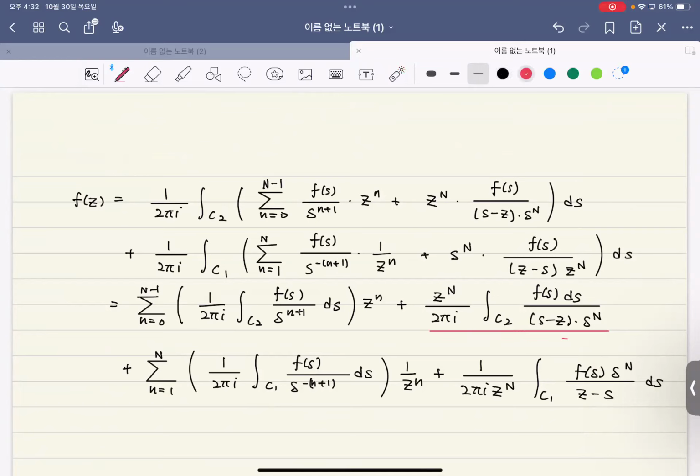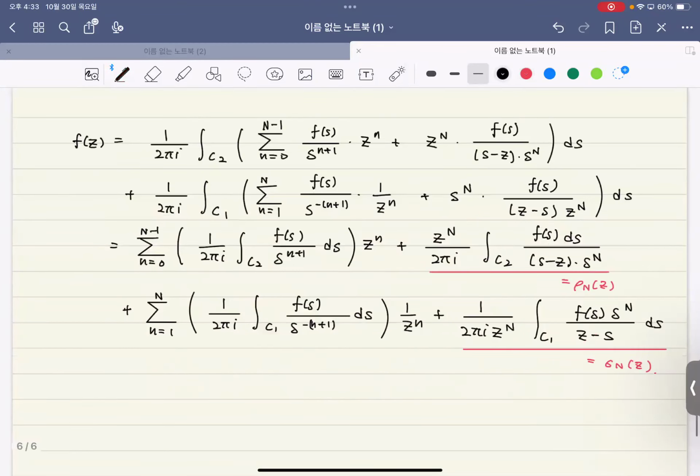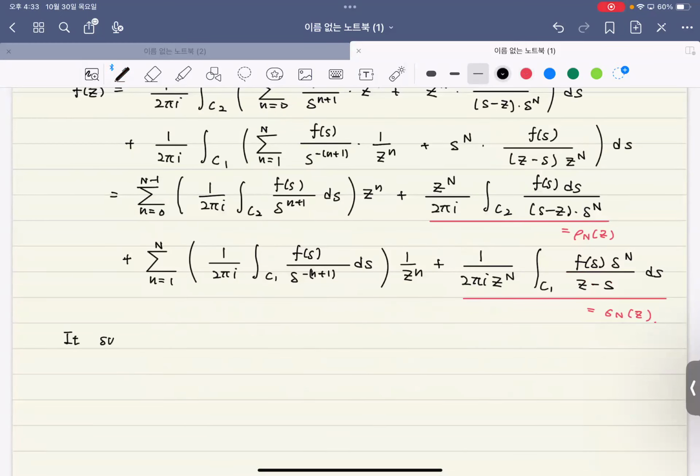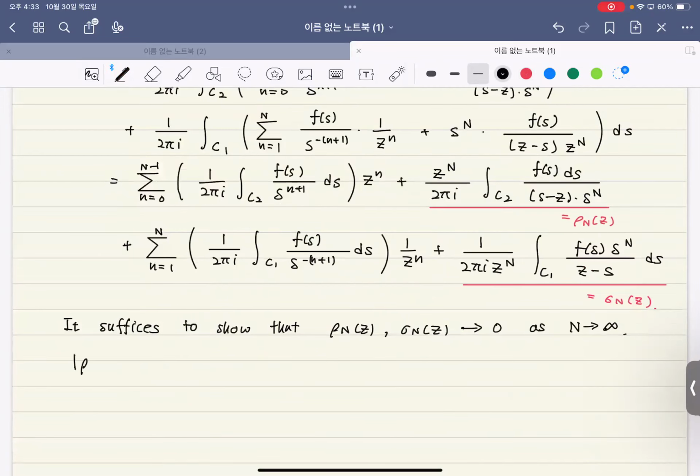For simplicity, I am going to call this guy sigma_n of z. So it suffices to show that these two guys both go to 0 as n goes to infinity. First, I always show that this guy should be tending to 0. Well, this is